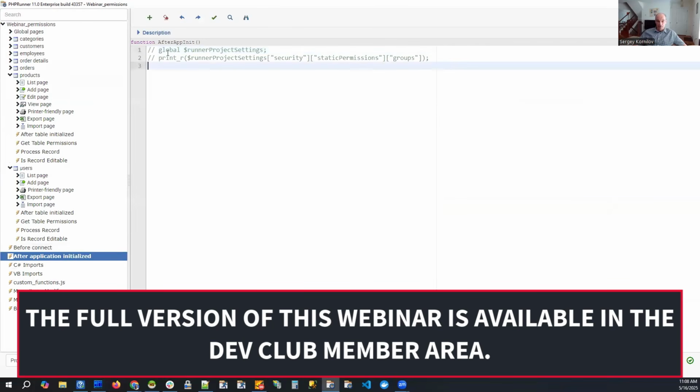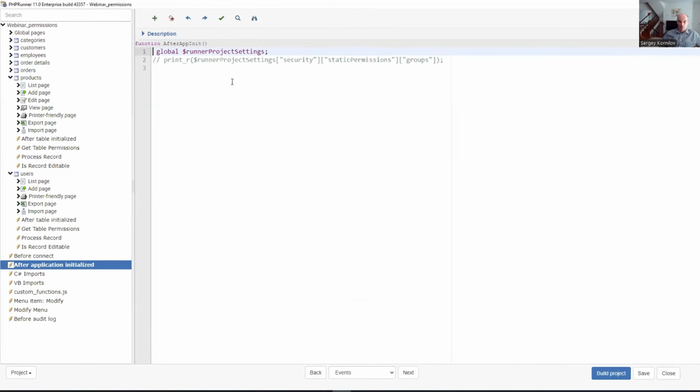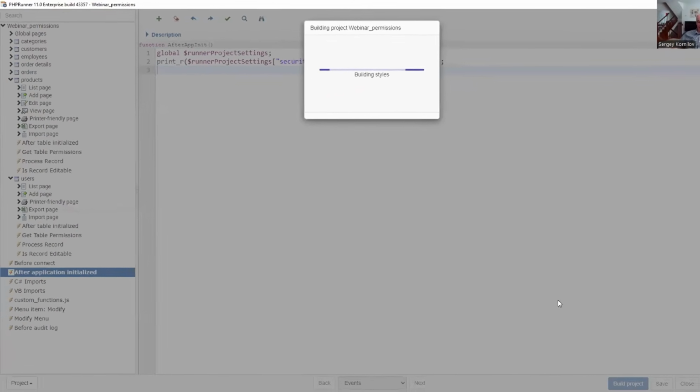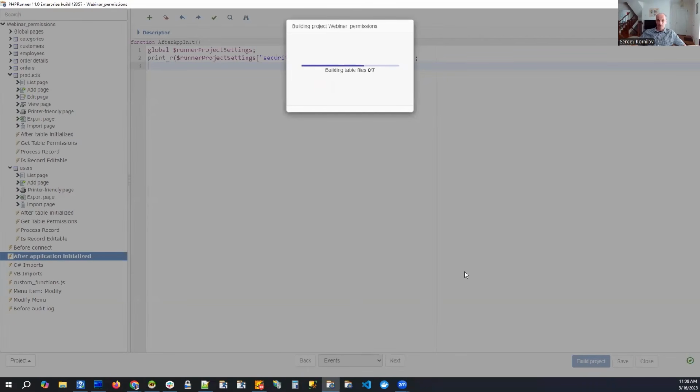Let's take a look at this. To be able to access this global object in any event, you need to define it as global, meaning that it was defined somewhere else outside the scope of this specific function. And now we just print the contents of project settings security static permissions groups, the one that we were just looking at. So let's build the project and see how it looks,